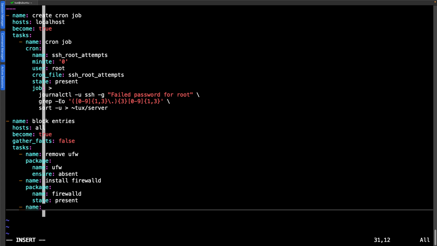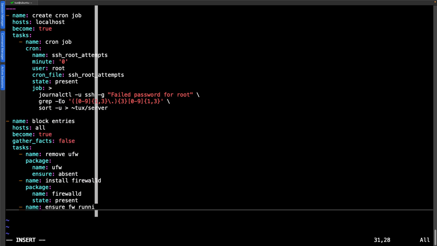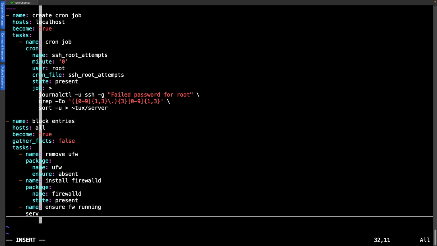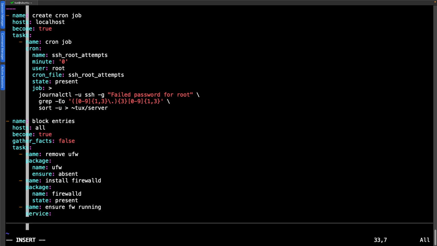And we can continue then with our next task. Well, we need to make sure that the service is running. Now, on an Ubuntu system, it will be running. It's just the way that it works. But we also need to make sure that it's up and running on the Rocky systems. So we can use then our service module. And we can then go through and specify the name.